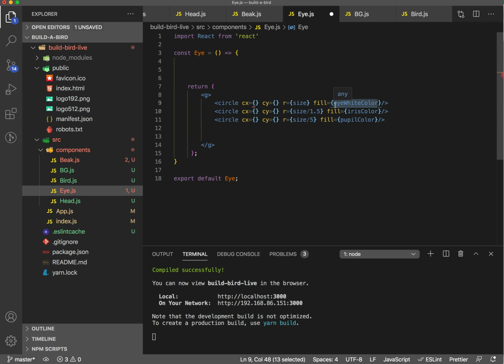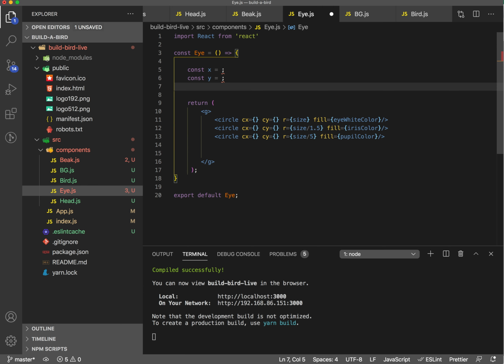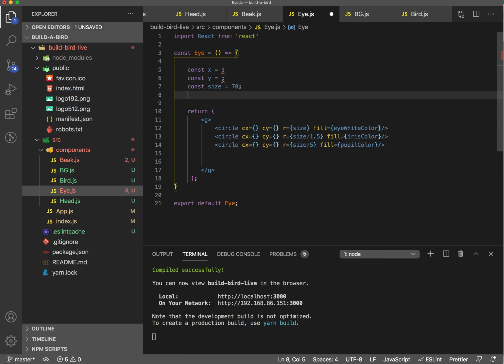Right, and so we can say const x equals something, something. We'll call this like 50, 70. And we'll call this,